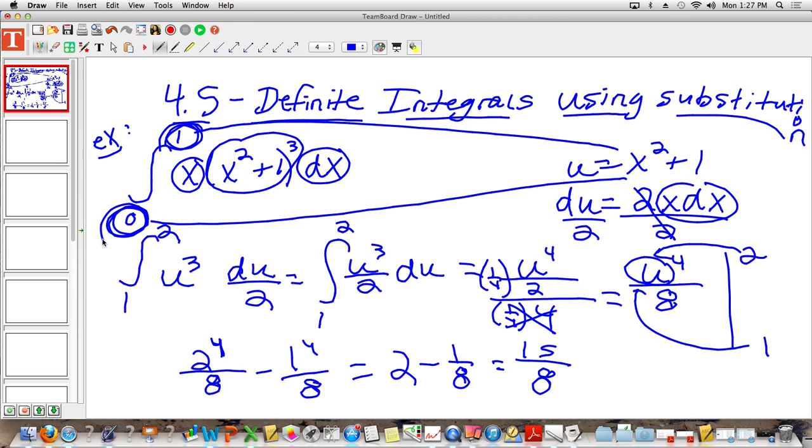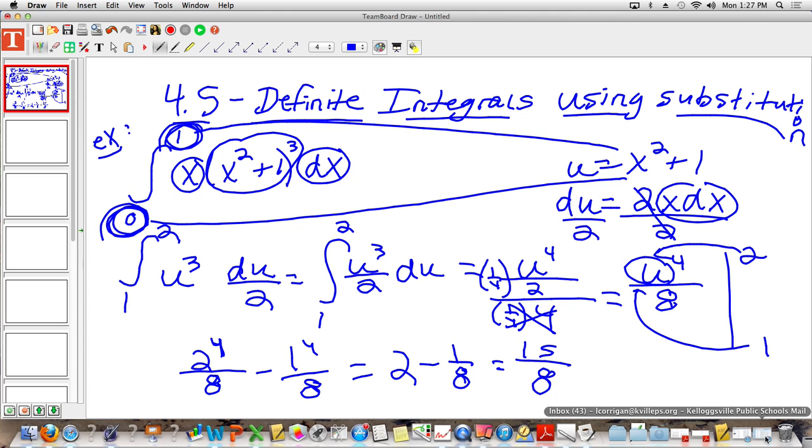If I ask you for an indefinite integral, what do you know you always have to attach to the end? You have to have a plus c at the end. If I ask you for a definite integral, you don't need to, because remember those c values wipe each other out when you subtract them anyway. So you do not need to include those. Okay? Alright. So we can basically use whatever method we